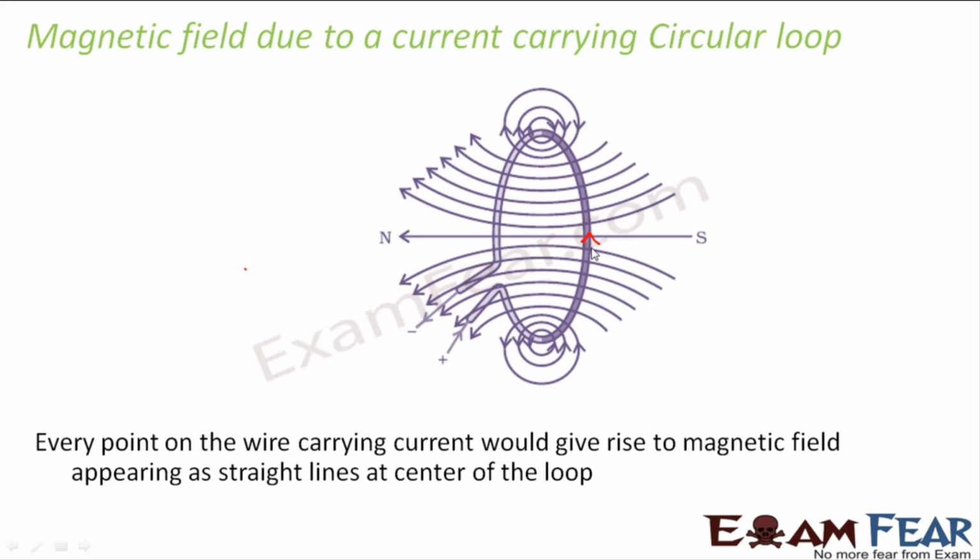So now what will be the magnetic field? For a straight conductor, we know the pattern of the magnetic field. Now we can assume that every point on this wire gives rise to a magnetic field, and every point on this wire can be compared to a straight conductor, because the same points were there on the straight conductor. We have just curved it to form a circular loop. That means every point can still be considered as a point on the straight conductor. So how should the magnetic field be because of each point?